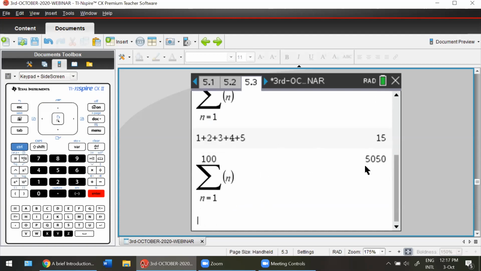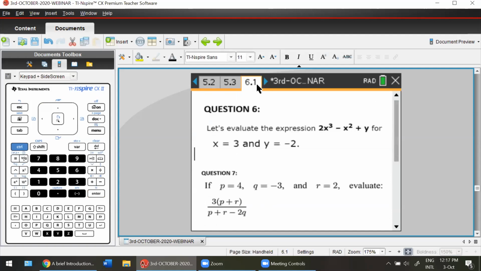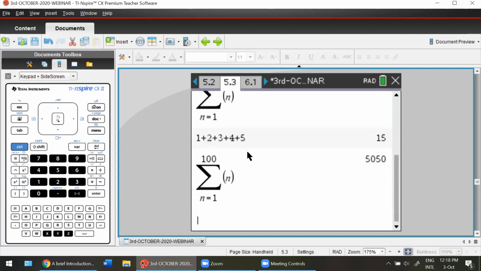What was it about this number that made Carl Friedrich Gauss so famous? Carl Friedrich Gauss was very famous in his classroom, and his teacher hated him. The teacher wanted a lot of free time in the class, and the teacher told Carl, why don't you just add the numbers from 1 to 100 and give it to the whole class?